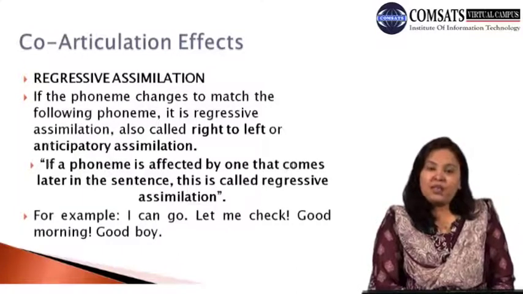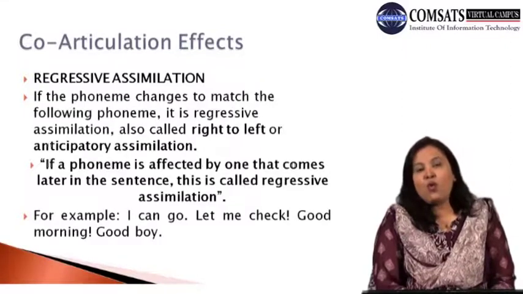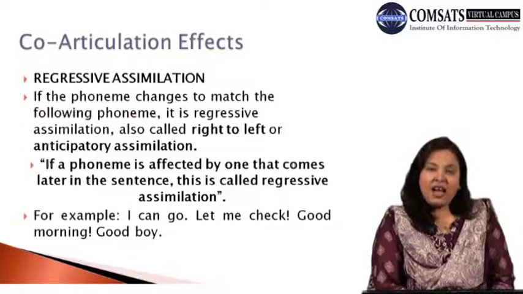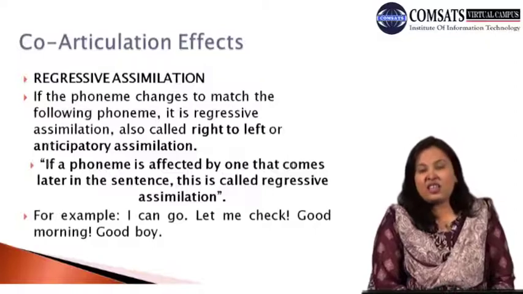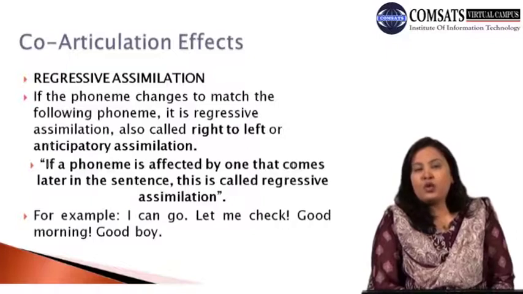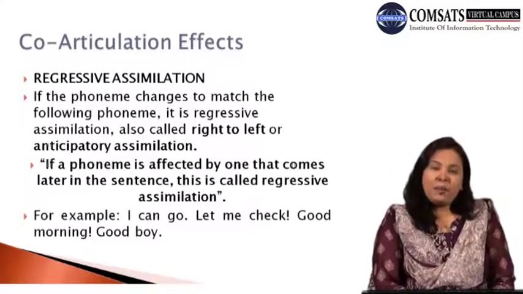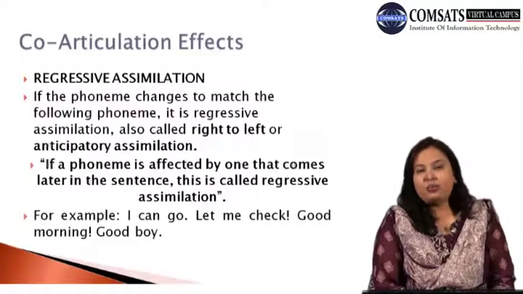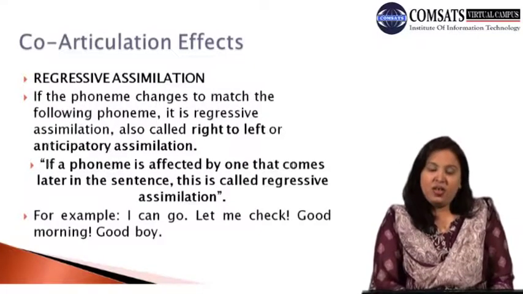Now what are the examples? Look at these examples. Ankango. Now when I am pronouncing this, what's happening is that the na sound in can gets mixed up with the one that is coming next, with ga. So when I try to pronounce it rapidly, I would say angago. So I am trying to assimilate the na sound with the ga sound. So this sort of assimilation is regressive assimilation.